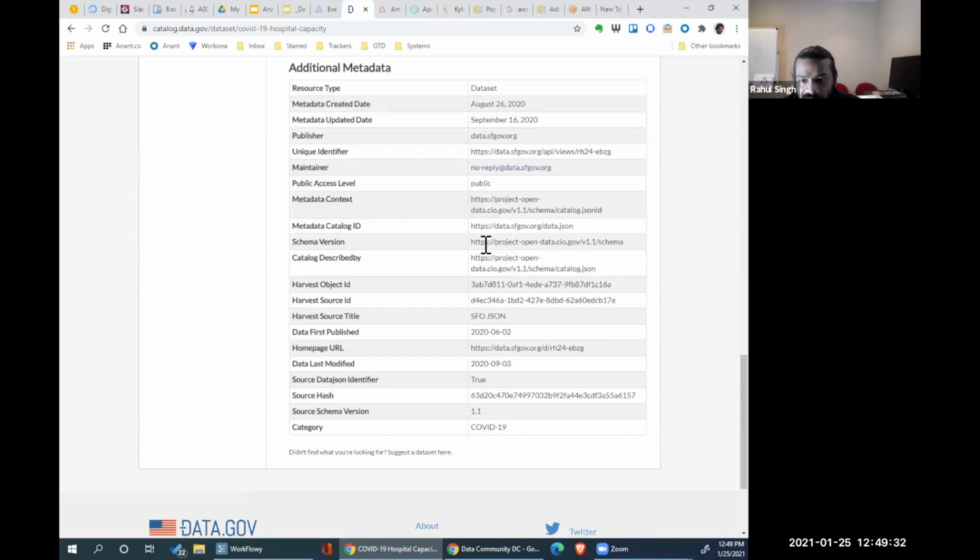It tells us that they got this data from the San Francisco government, right? And it gives you the exact place to go get it. It even tells you the exact data catalog manifest, for example. So you can be pretty sure that because it's coming from data.gov,